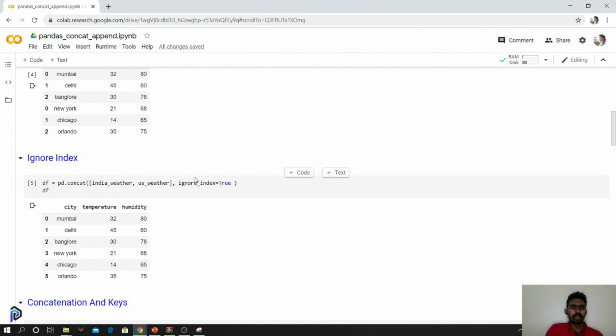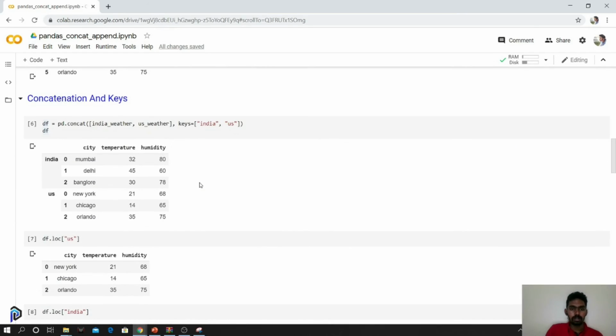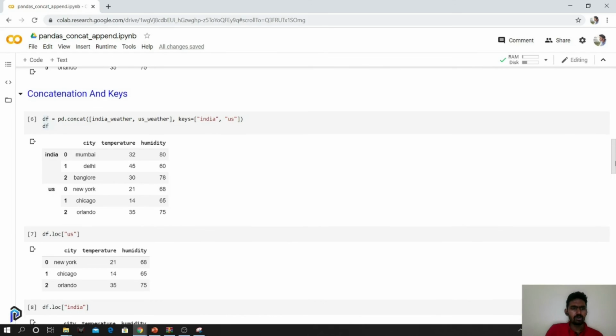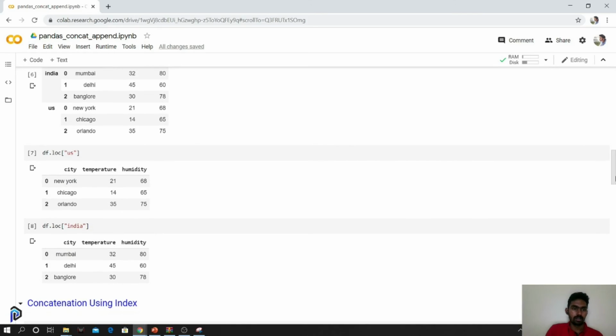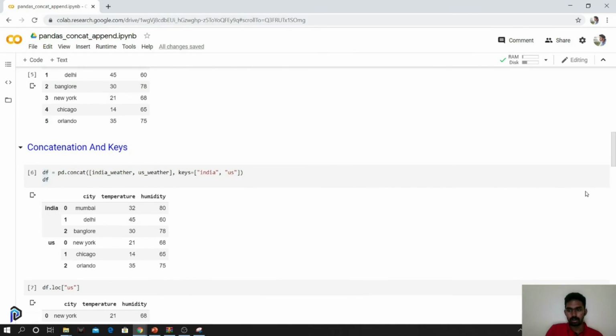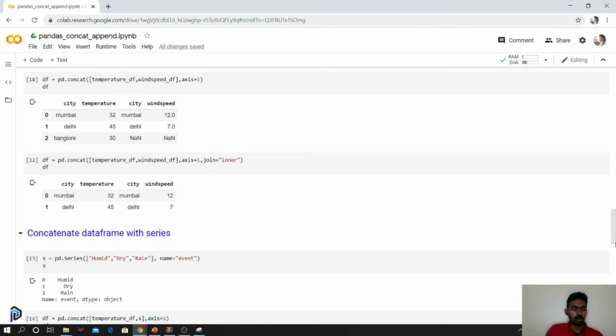Concat along rows is quite simple; if the column names are similar, it just works. When you're doing it along columns, it is very important that you give the index value so that the index is maintained when they are combined with the other data frame, and you can also give key values so that you can retrieve them whenever you want. Okay, so this is about it.